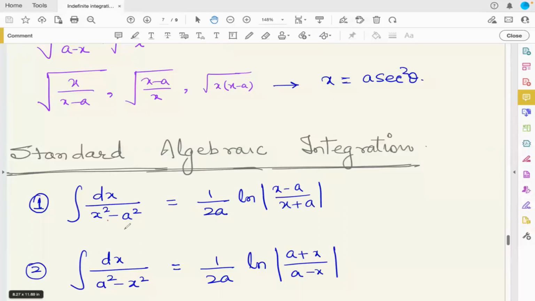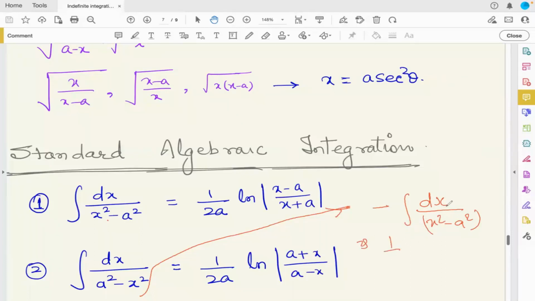We just write this part as minus of dx integration x square minus a square, right? And right now we found that its integration is minus 1 by 2a ln x minus a by x plus a. And when we apply a simple logarithmic property,